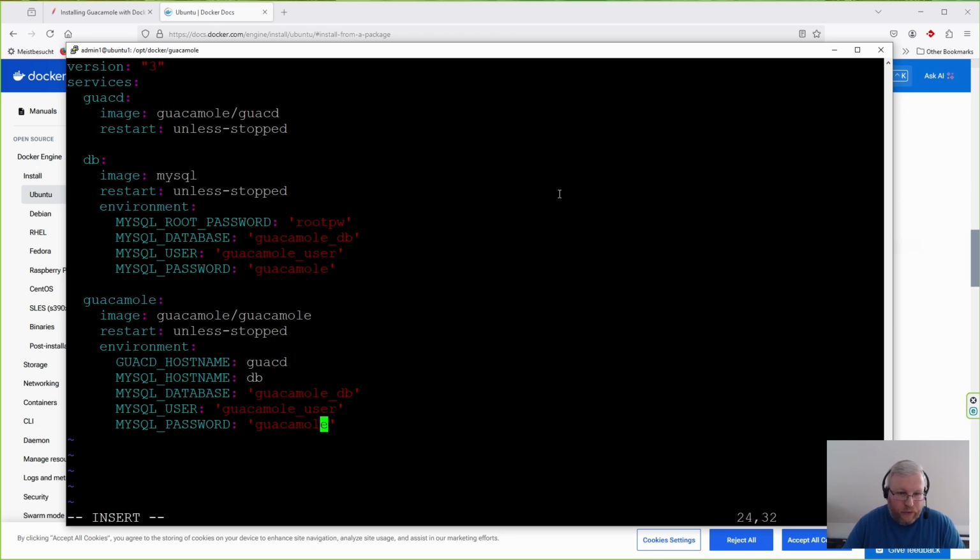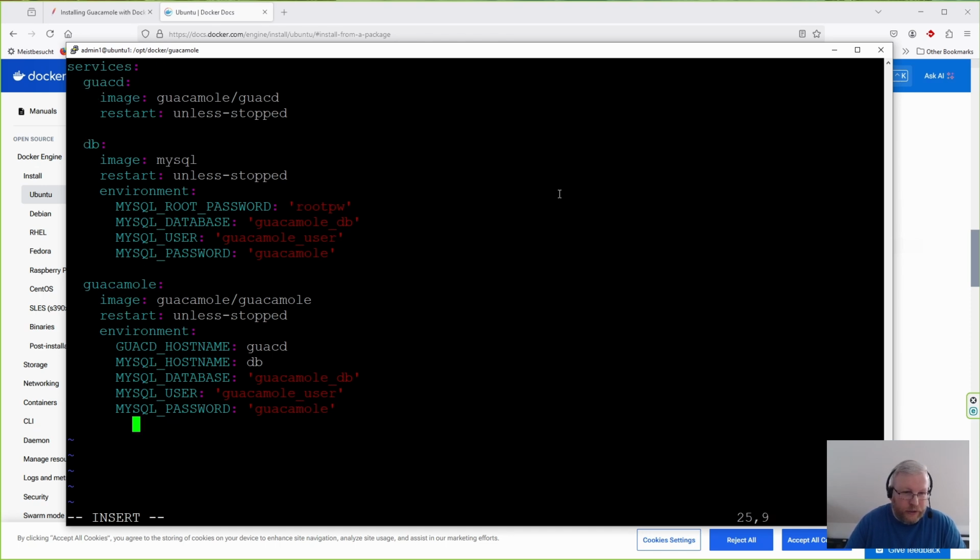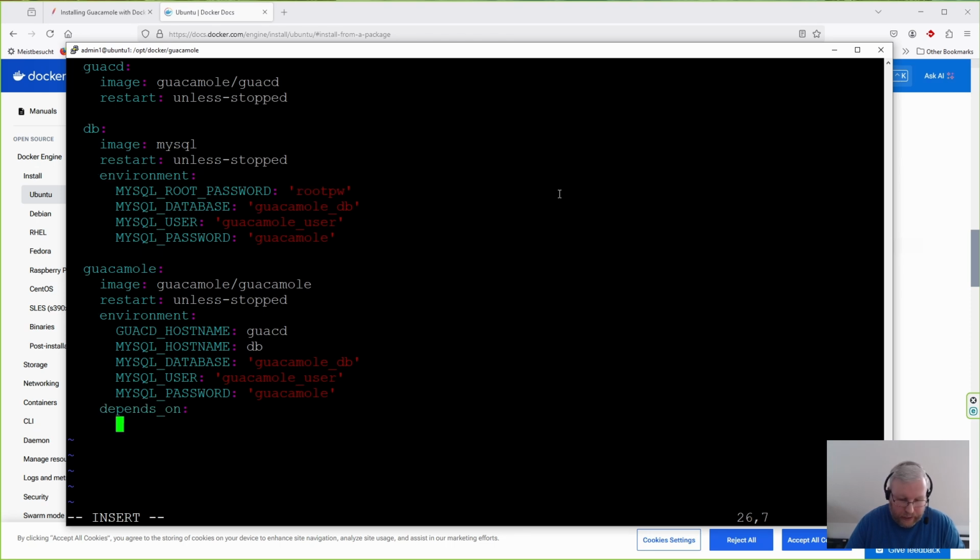Since Guacamole needs guacd to work and also needs MySQL to work, Guacamole is dependent on guacd and DB. So we need to add a depends_on, and it depends on guacd